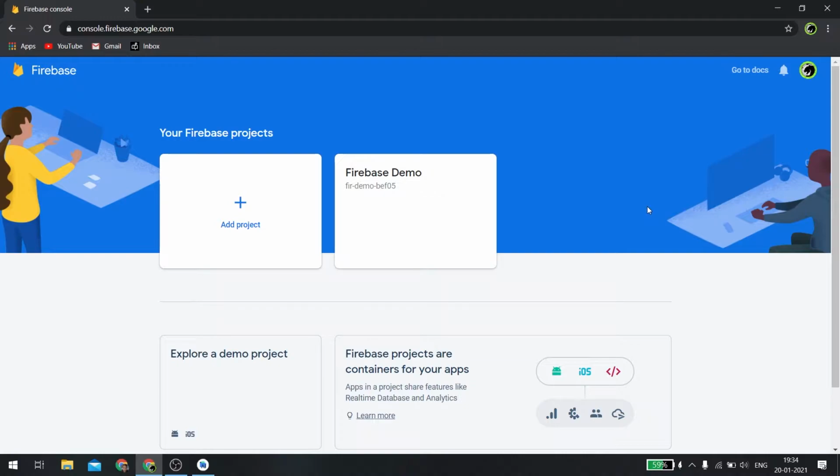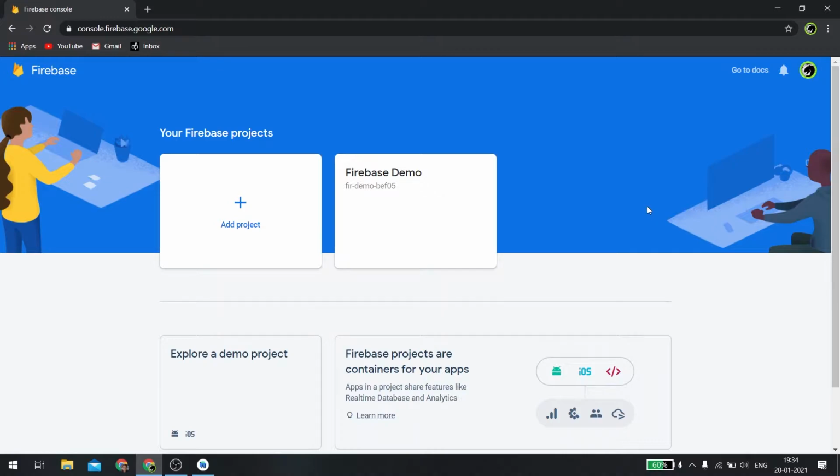In the last few videos, we have talked about the various services and products that Firebase is offering to enhance your user experience in your applications and make it easy for you to connect to serverless backend services. We also created our first demo project. If you have followed the previous project, you must have something like this on your screen, Firebase demo, a temporary project that we have created for the purpose of explaining all the features. We have also explored the demo project, so we are now clear with what kind of services are offered by Firebase.